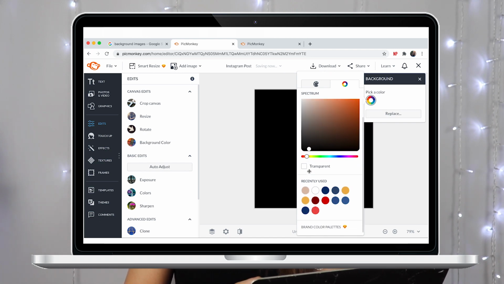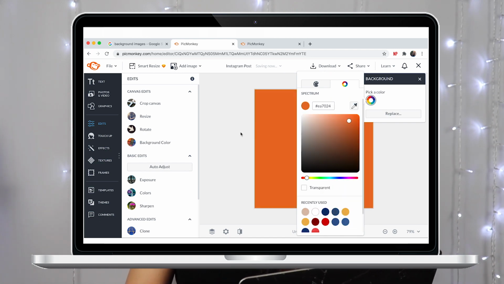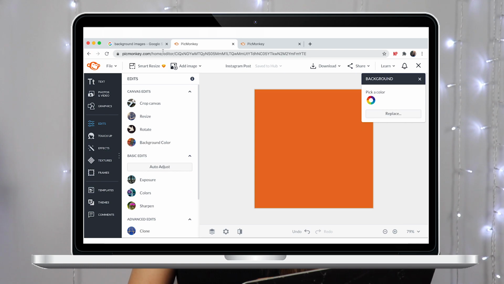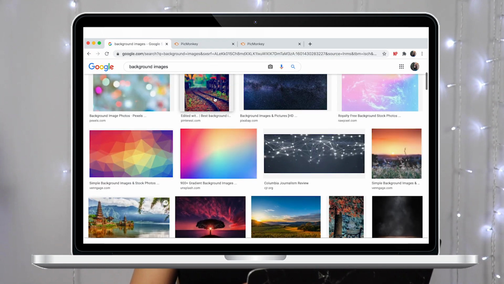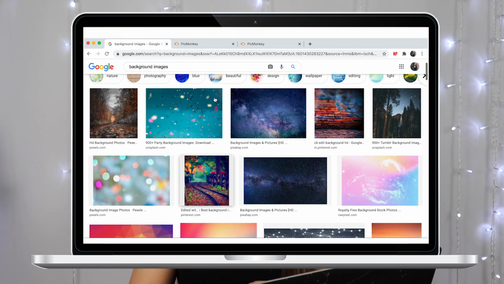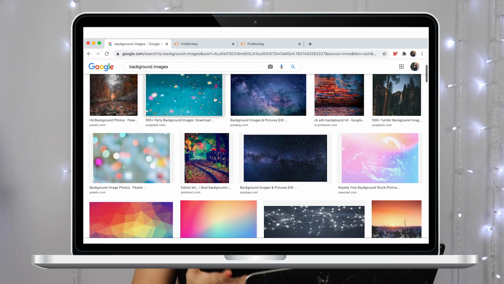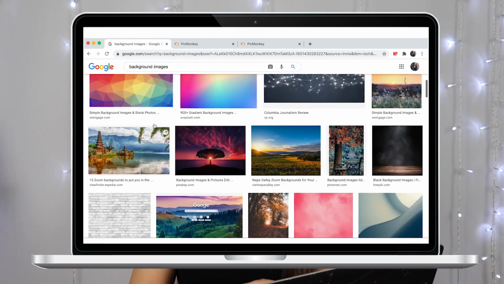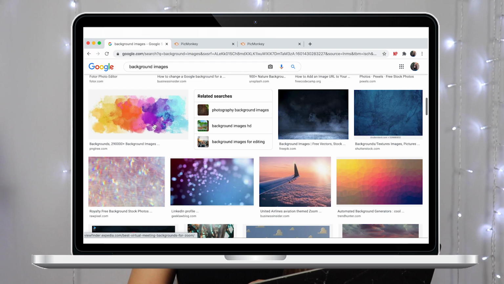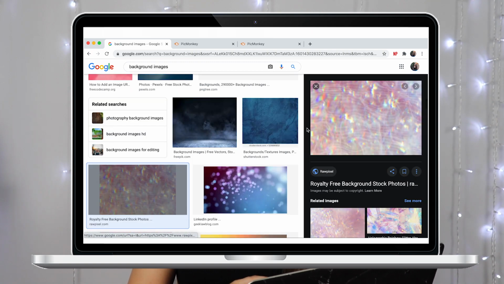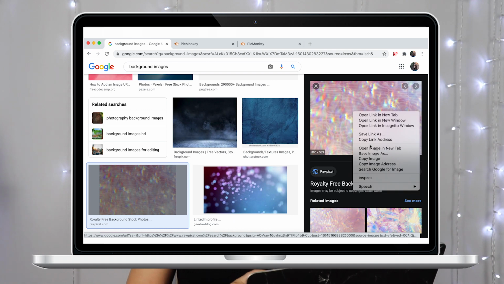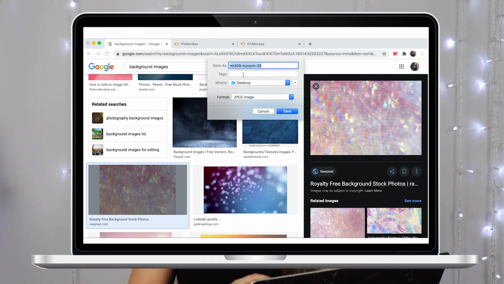That is an option. Aside from picking a color, you can also create or look up background images if that's what you want. Like if you already have a specific image that you want for your app cover. If I wanted this as my background for my app cover, I would just download this, and I'll show you how to do this just in case. So we're gonna save image, we're gonna download to desktop,